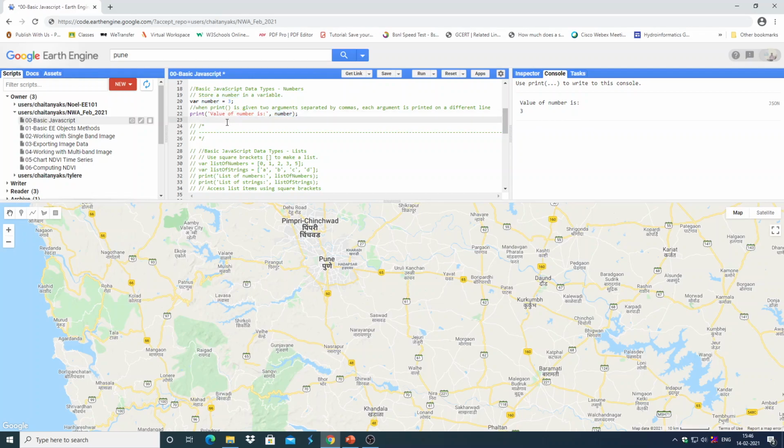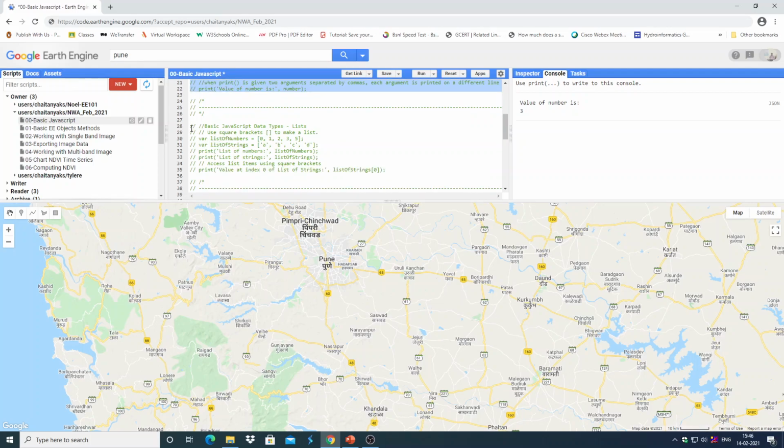Okay, then going further, the JavaScript data type of lists. In JavaScript we use square brackets to declare lists. In this line we are declaring a list of numbers, the variable listOfNumbers, with square brackets and comma separated values. The numbers are 0, 1, 2, 3, 4, 5. The elements of a list can be anything.